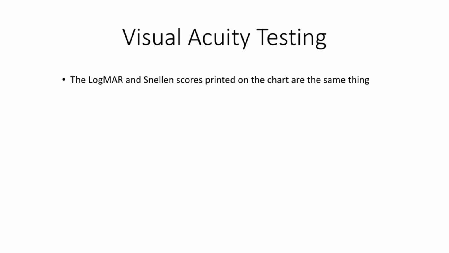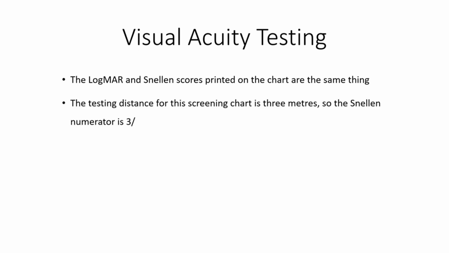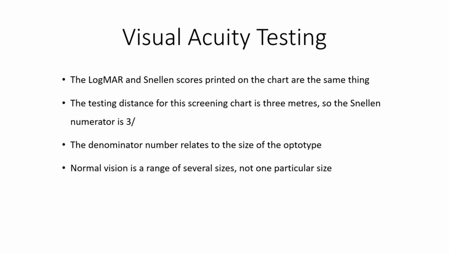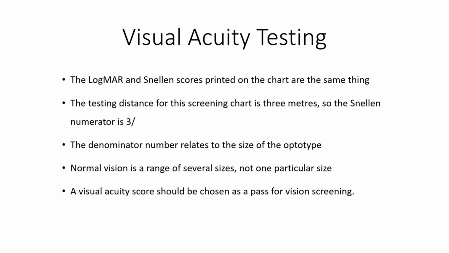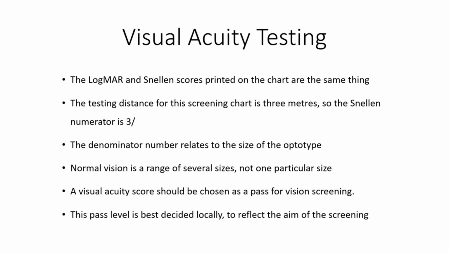There are 2 main ways to record the results of a vision test, logMAR and Snellen. They're just different ways of describing the same thing. LogMAR is a mathematical calculation and Snellen is a fraction, showing the test distance over the size of the optotype. The test distance for this screening chart is 3 meters, so the Snellen numerator is 3. The denominator relates to the size of the optotype, with a larger optotype having a larger number. Normal vision is actually a range of several sizes, not one particular size. So it's important to choose a pass level for vision screening locally, so that it reflects the aim of the